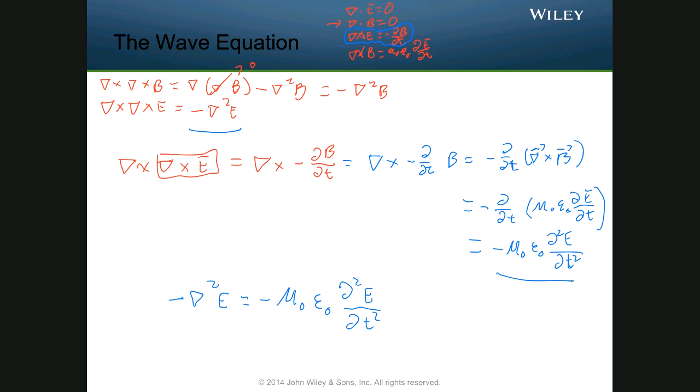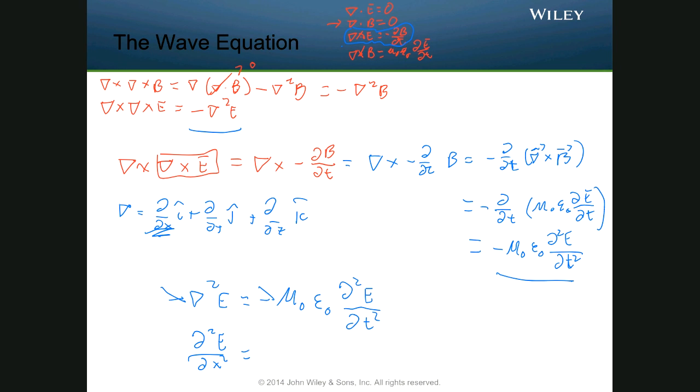Remember that del is the gradient vector: d/dx i hat plus d/dy j hat plus d/dz k hat. Now we have a general wave equation, and it will look familiar if we just look at the first part of the gradient and cross off the minus signs. We get d2E/dx2